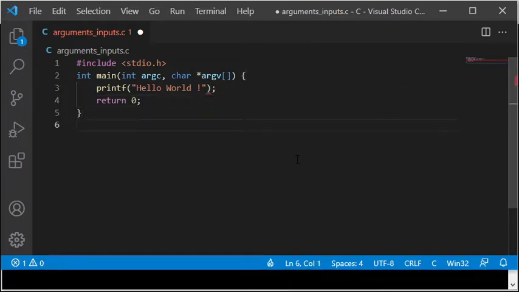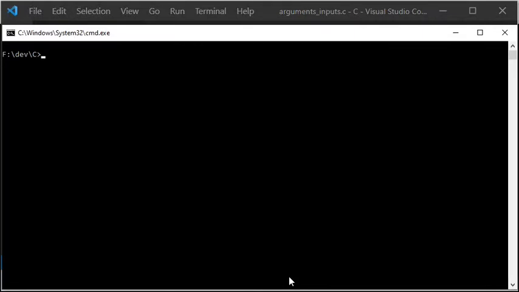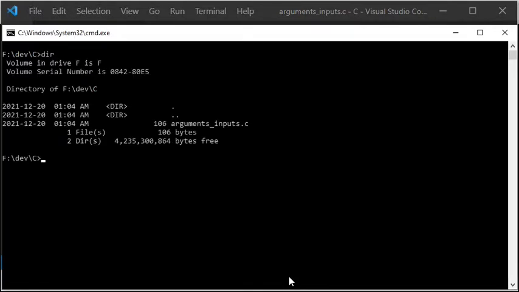Now I will first compile with GCC and then I will also compile with CLang. Normally you would probably only use one C compiler, for example either GCC or CLang, but here I am using both of them just to show that it works with both of those two frequently used C compilers.